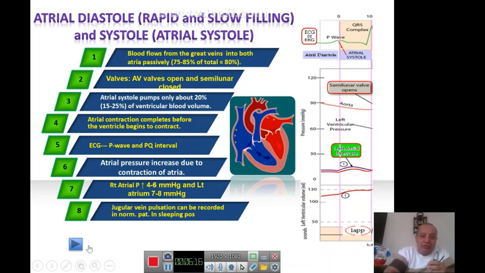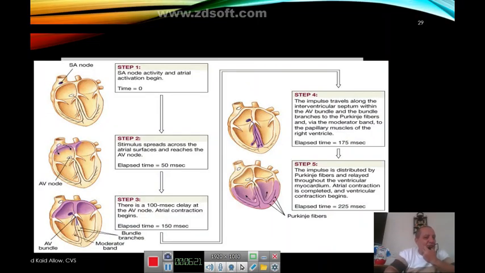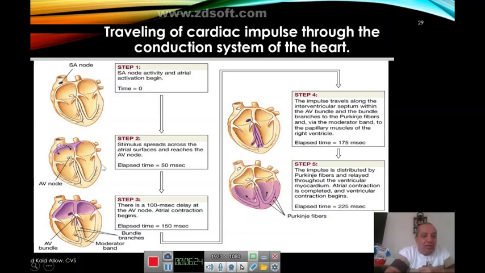Okay, so if you are looking just to remember the cardiac conductive system of the heart, we're going back now to the previous lecture. So we have here the SA node where we have creation of the action potential inside the heart and then traveling to the right side of the heart, which is the right atria, left atria, covering all, and then we have delay of the cardiac impulse in the AV node for around 100 milliseconds, as we mentioned in the last lecture. So this delay is necessary for the atria to complete its contraction.